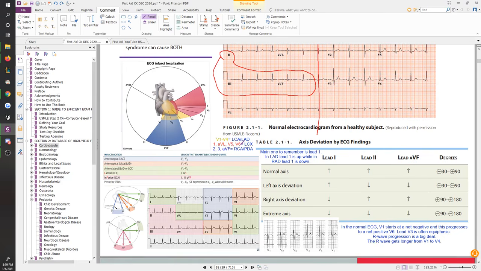Then V2 through V6 are all going to go on the left side, basically encircling and going under the left nipple. Right? So starting from in between the left nipple and the mediastinum, and then going under and around the left breast and the left nipple. 2, 3, those go on the legs, and you're going to have your AVL, left hand. So these are all the different places these leads are being placed.